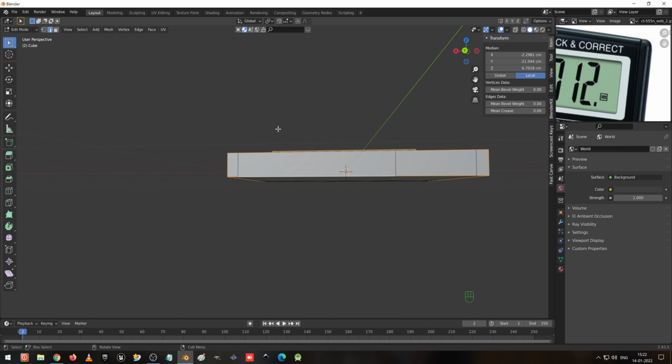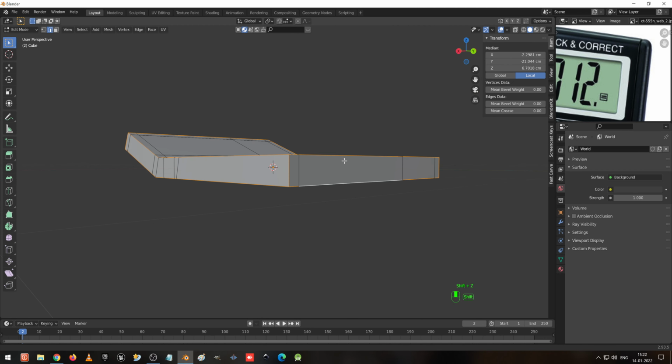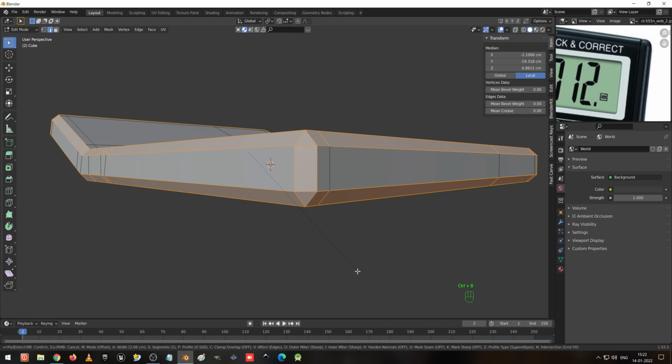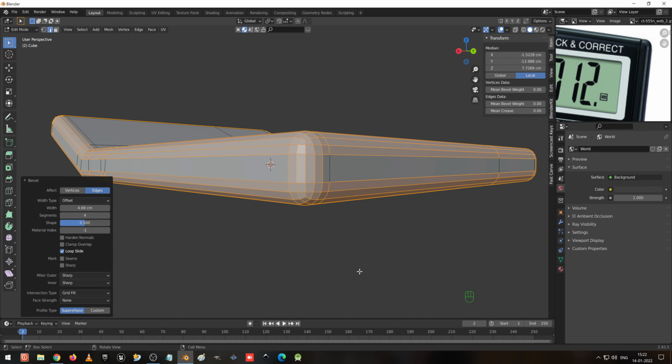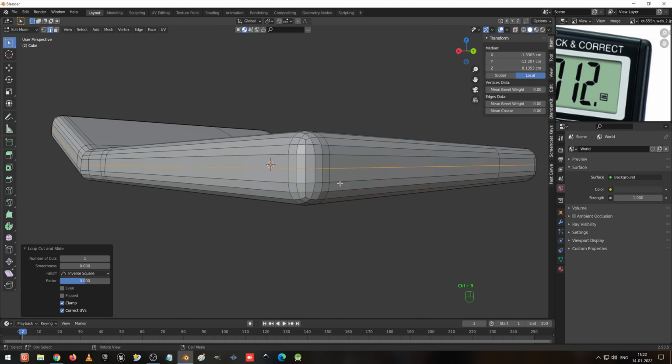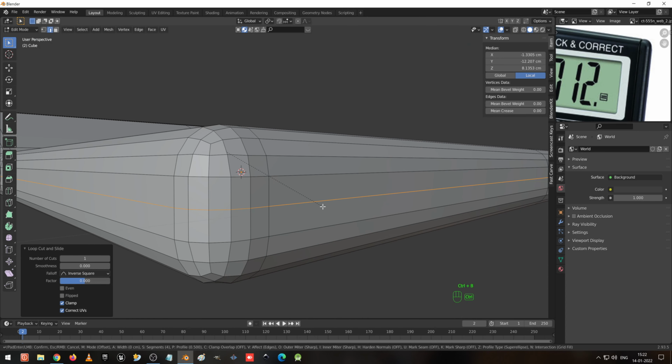After selecting all the edges, Shift Z, you can see it has been selected, and I press Ctrl B to bevel and create the edge loops like this. Increase it more, and I press Ctrl R and create one edge loop, and press Ctrl B and reduce it. So I zoom in a little bit. Ctrl B, and using the shift key I am going to do it slowly to create the edge loop like this.